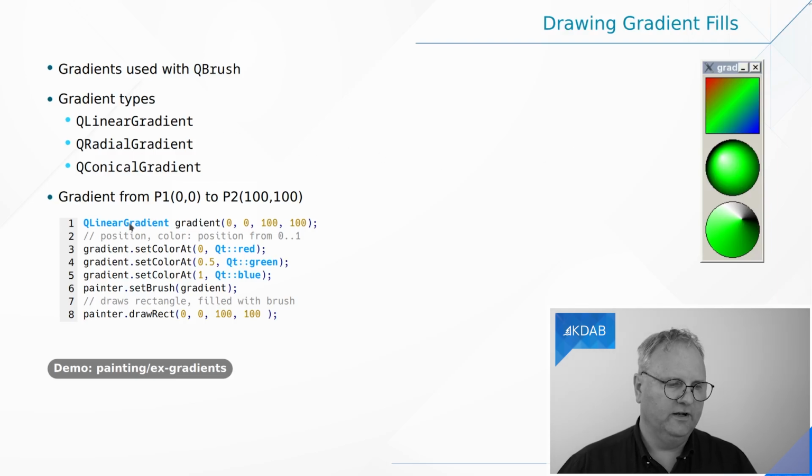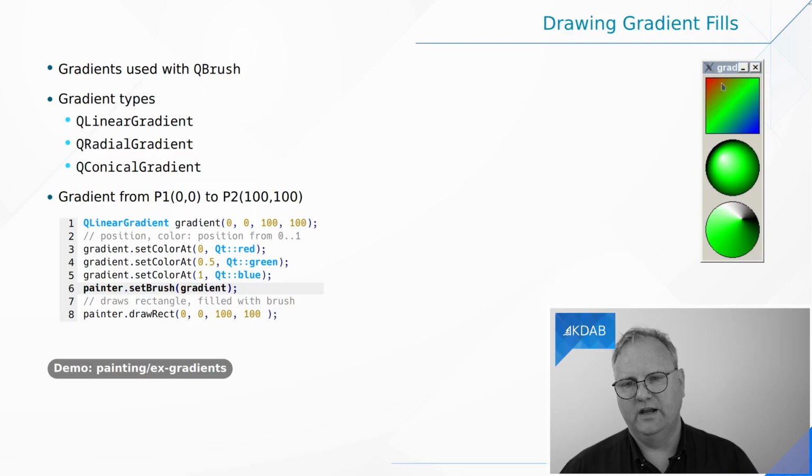And you specify the gradient with 3 different classes, and then once you've created a gradient, you set that gradient on your brush. The specification of when and how it works is done using gradient set color at, with positions 0, half and full, red, green and blue, and then you draw it in whatever way. I can't remember how you made it go like this rather than like that, but there is an example down here, and I suggest that you look at it carefully. I'm not going to do it for you now.